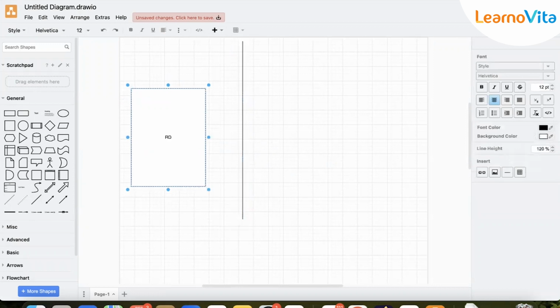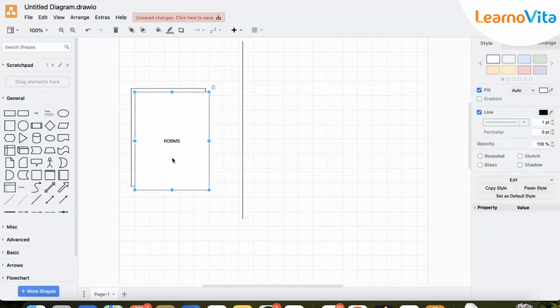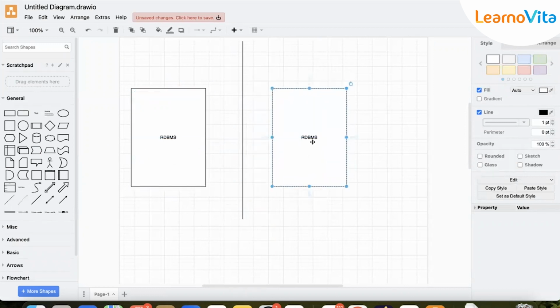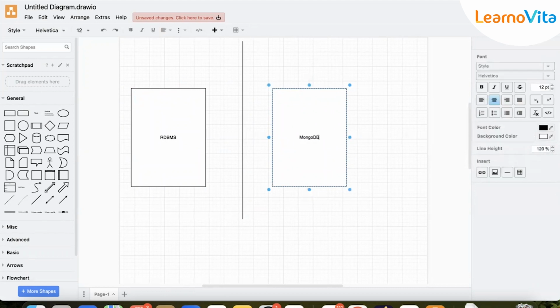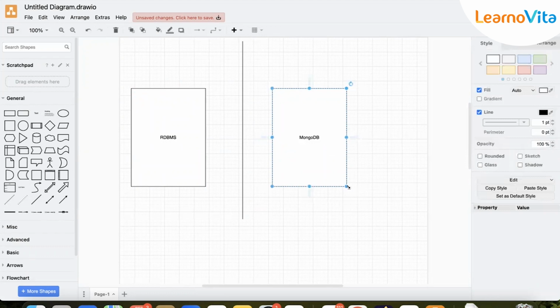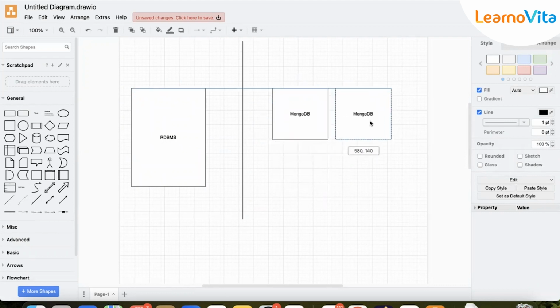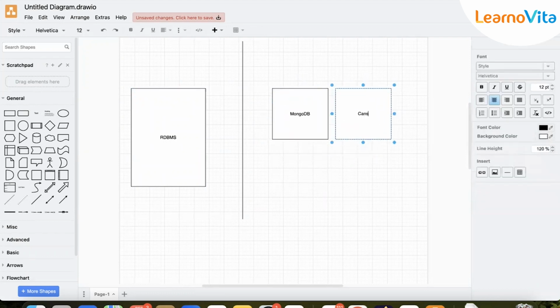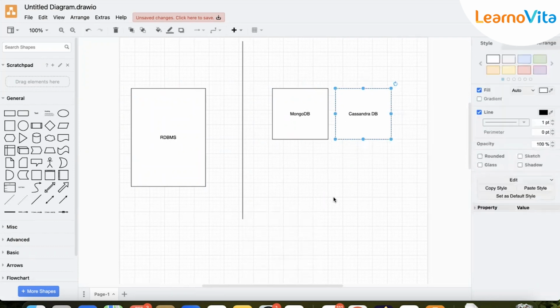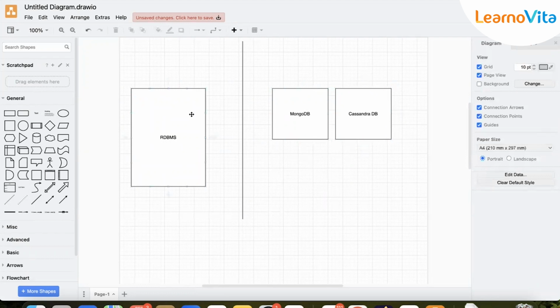This is an RDBMS product, Oracle Relational Database Management, and there are other non-RDBMS products like MongoDB and so on. The difference between both of these databases is that